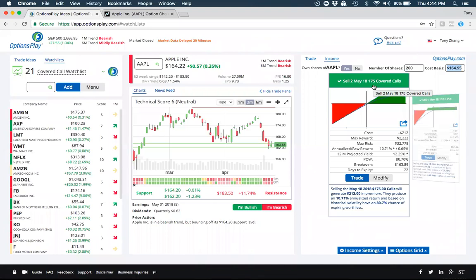I don't have to search for the 20 delta call. It does it instantly for me. And what this does is it not only helps me save time, but more importantly, it gets me consistency,